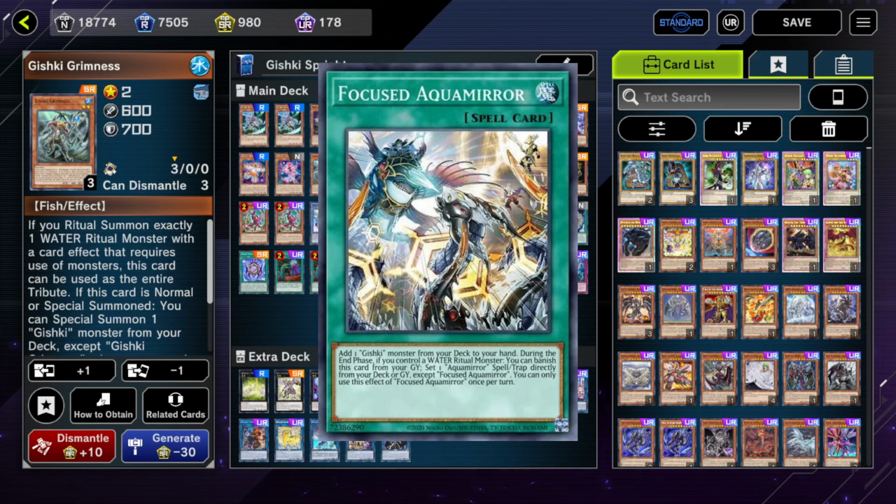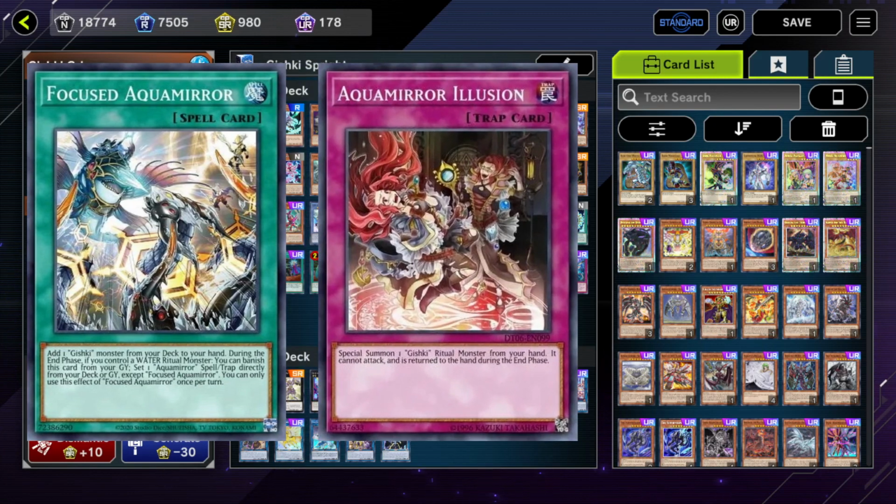At the end phase, if you control a water ritual monster, you can banish Focus Aquamir and then set an Aquamir spell or trap directly from the deck. Because of that, we're on the 1-of Soft Garnet Aquamir Illusion. It's not the most exciting card out there, but it's decent as just an extra piece of interruption we get